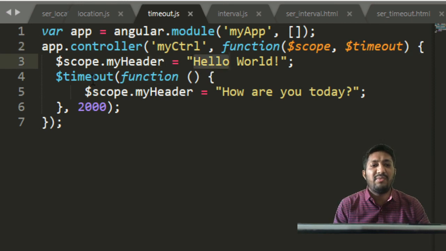Now what is the timeout service performing here? In the timeout parameter we are passing one anonymous function, $scope.header is equal to how are you today, and the delay for that is 2000 milliseconds. So my header value is hello world, initially it will be printed, but after this timeout the header value will be changed.